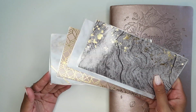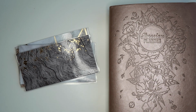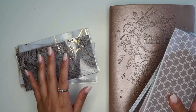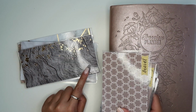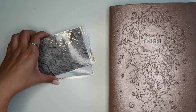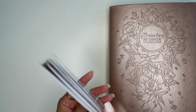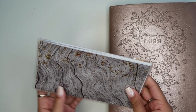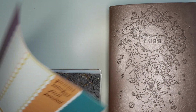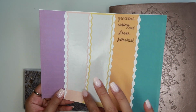But I carry these 4 cash envelopes with me all the time. These are what I spend out of. And then I have these right here, which are my sinking funds, so anything in a yellow tab. If you remember from my previous videos, these used to have a pink tab at the bottom. I decided to move the tab to the top left-hand corner so when I have these in my purse or my wallet, I can easily flip through them and know which envelope they are. So I already pre-wrote out some little tabs here,